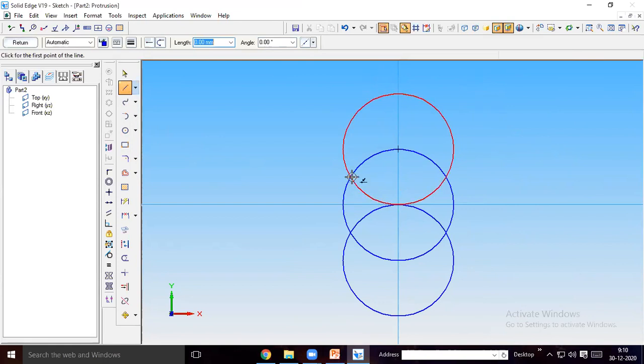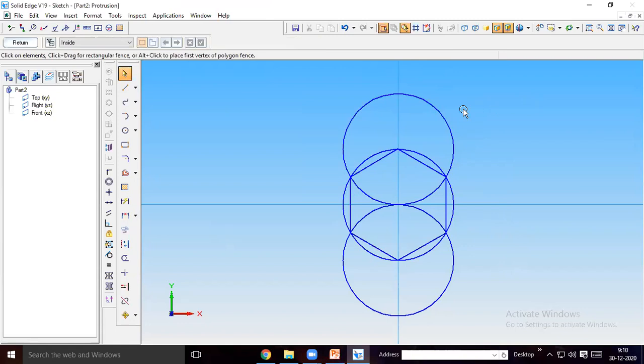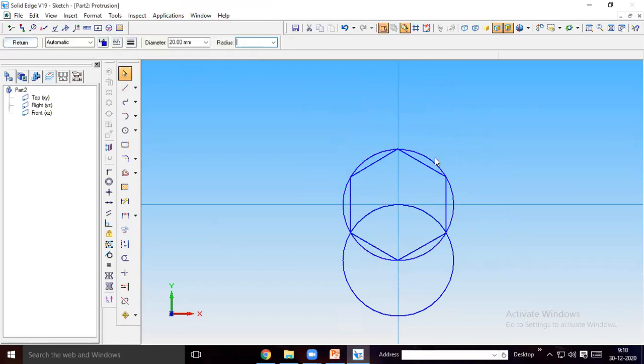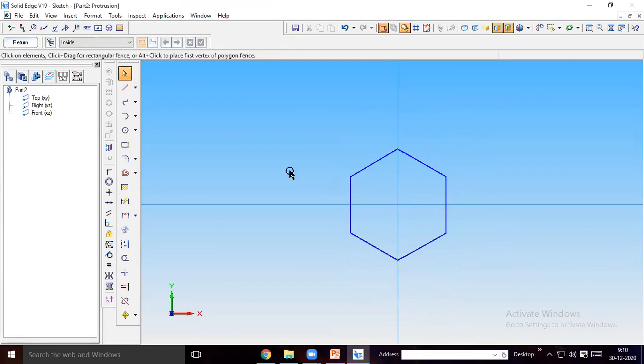So at the intersection of these circles, I will take the point ear to ear, then ear to ear, then ear to ear, and so on. This is another method. You can now delete the circle. Once you get all the edges, whichever you feel convenient, you can use that. Okay, I just showed another way of drawing the hexagon.